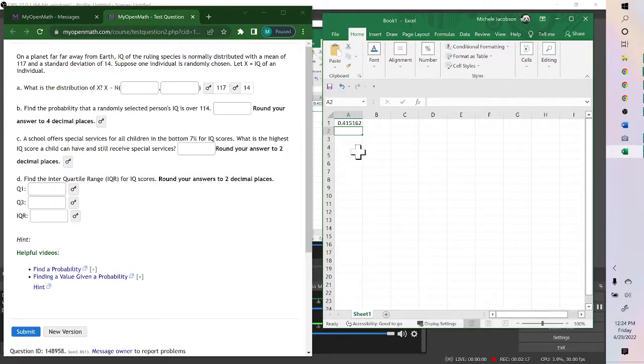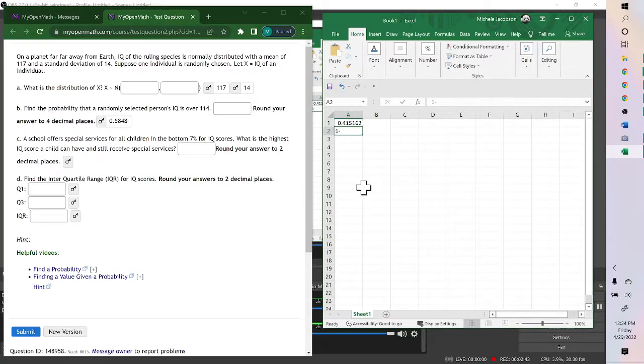Now this value will be wrong. Notice it doesn't match. The reason it's wrong is this 0.41 or 41.5% is the percent below 114. We wanted the percent over 114. So then we take 1 minus this answer